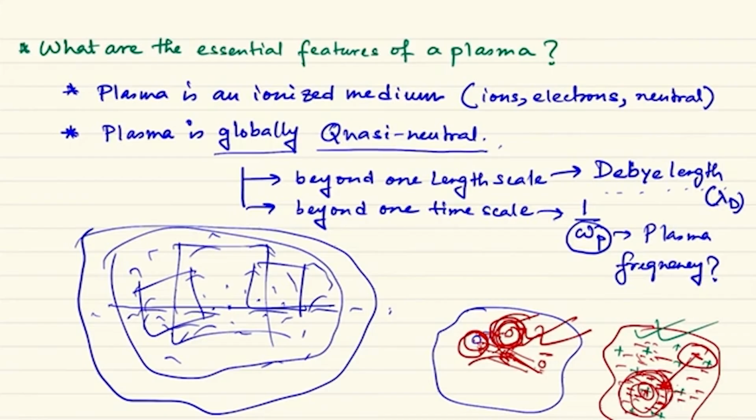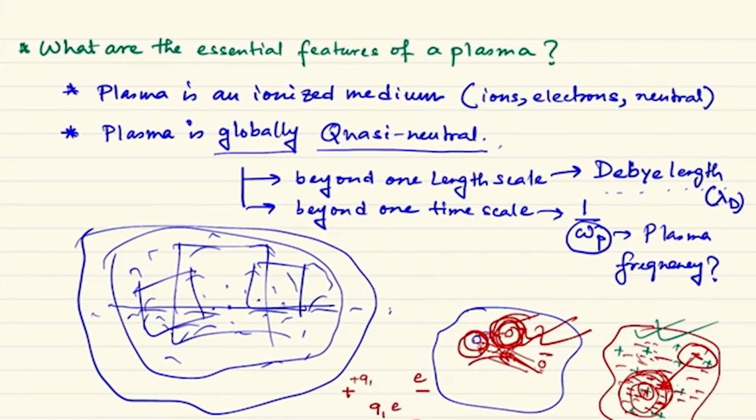In general, if there is a positive ion and a negative ion, the Coulombic force is like this: if this has a charge Q1 and this has e, it will be Q1 e by 4 pi epsilon 0 r square,